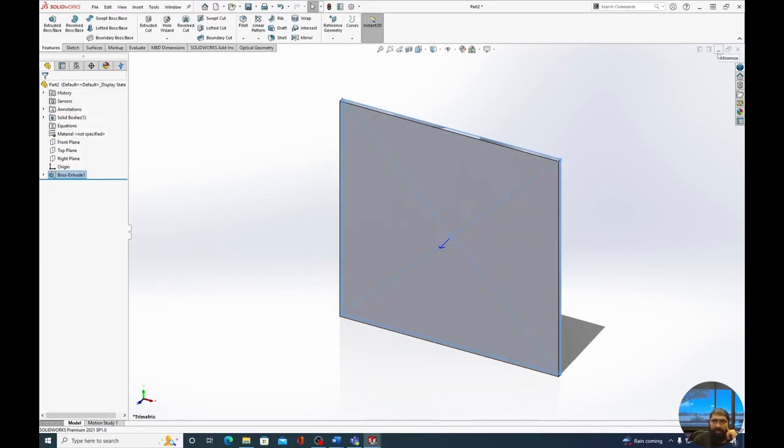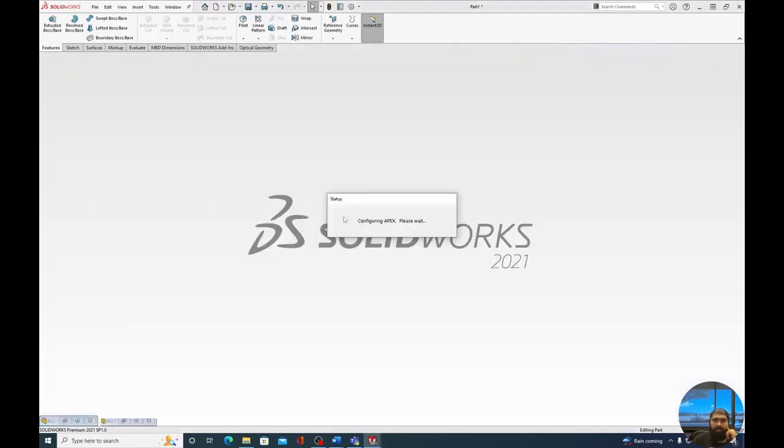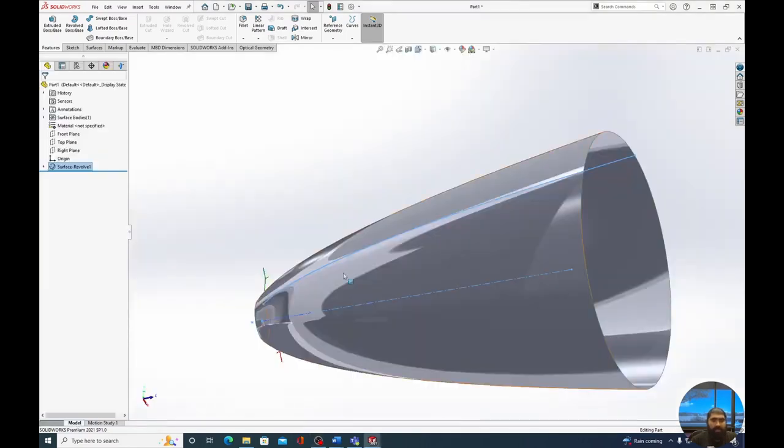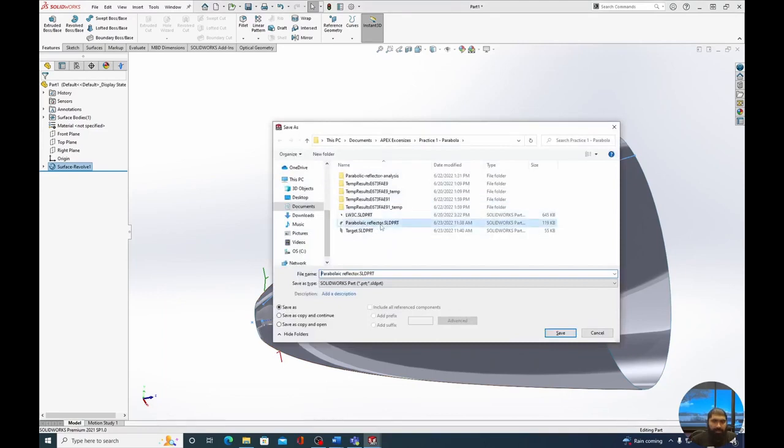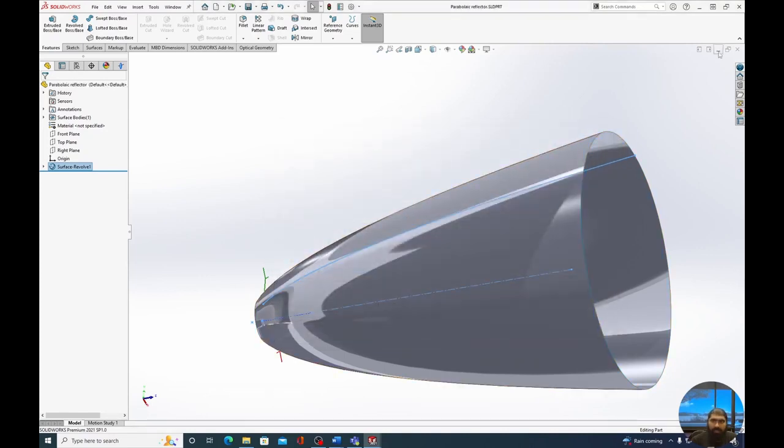So let's minimize and we will begin the assembly. So to start our assembly, it's good to know that we have our two parts right here. This is the parabolic reflector and this is the target. One thing I should probably do is be sure I save them. So let's press Ctrl S, parabolic reflector. I already had this from when I previously built it. Nonetheless, I'll rewrite over it. Select yes, minimize,